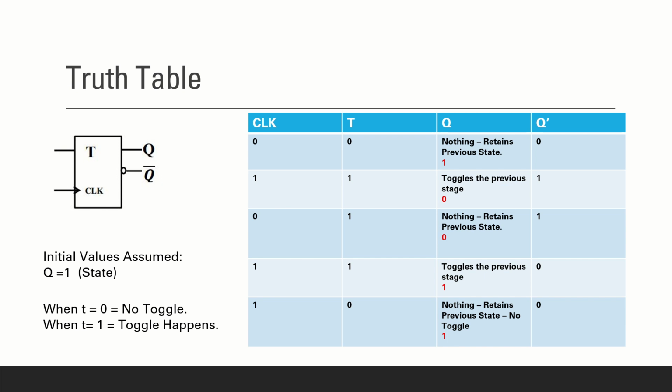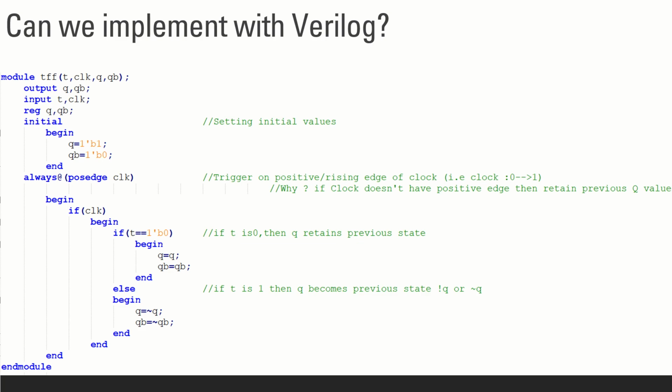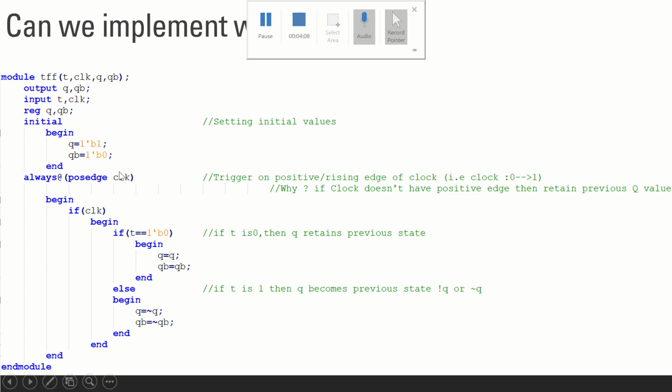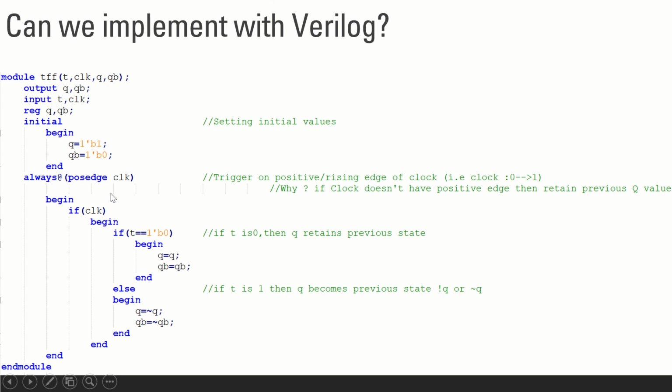Can we now implement the same in Verilog? It's very simple and I have written a very simple piece of code for you to understand this. Now, we need two files for it. One file is going to implement this and the second file is going to test this. As usual, we have written a test bench and we have written a file where we have built the T flip-flop literally using Verilog. Let's go ahead and let me explain this very clearly.